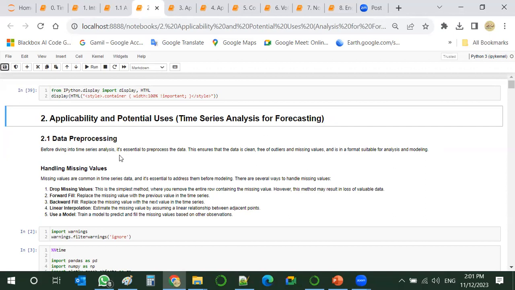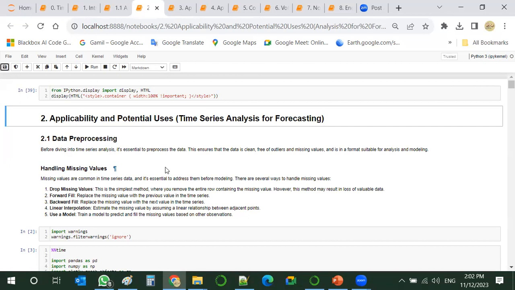So data pre-processing is for sure a must, and it is essential. We have to ensure that we are dealing with clean data, free of anomalies, outliers, and missing values. And we have to put it in a form suitable to enable us to carry out further analysis and do the model at the end.